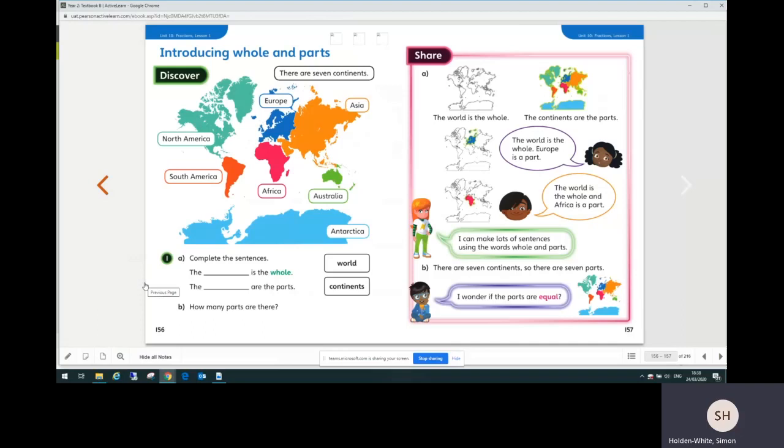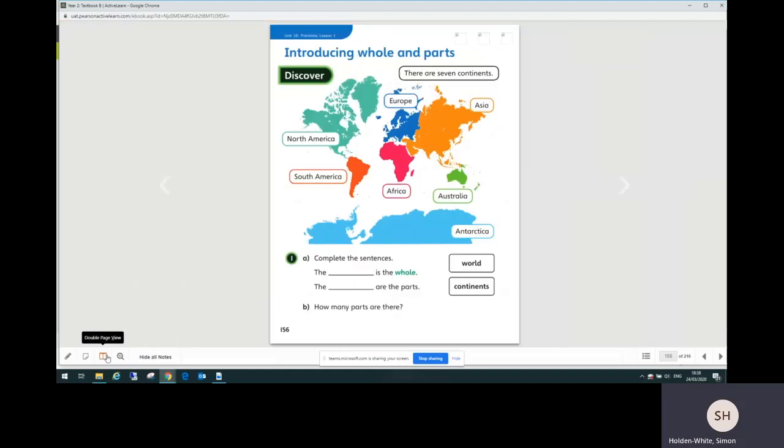Each lesson in Power Maths helps children build a deep understanding of one small step in their learning before progressing to the next step. The textbook pages introduce a new concept and provide consistent models and images to support children's understanding, and some scaffolded practice as well. So the first page introduces the maths, and I would look at that first page in single page view, which you can do down in the bottom left here. So this Discover page,